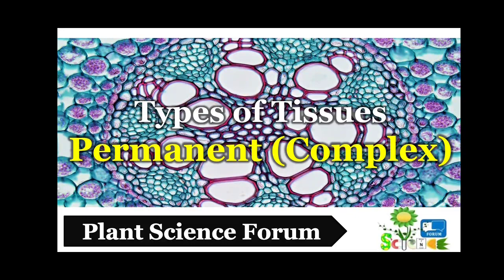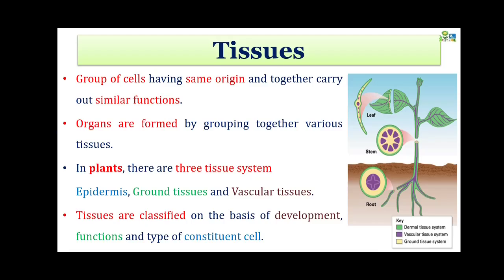Now in this video, we are going to discuss the types of tissues and in particular, complex permanent types of tissues. Everybody knows that tissues are the group of cells having same origin and together they carry out a similar kind of functions. And the organs, the plant organs, roots, stem and leaves, they are formed by grouping various kinds of